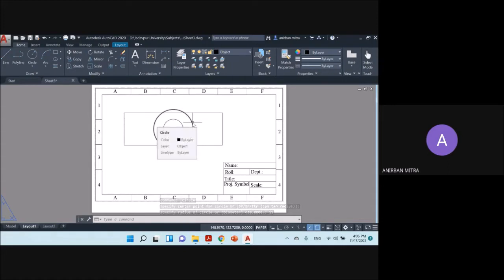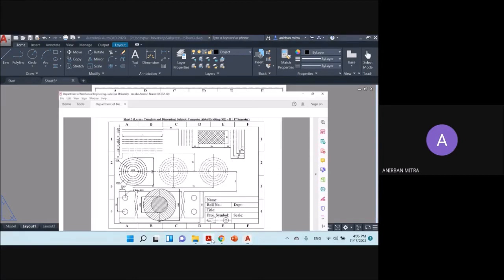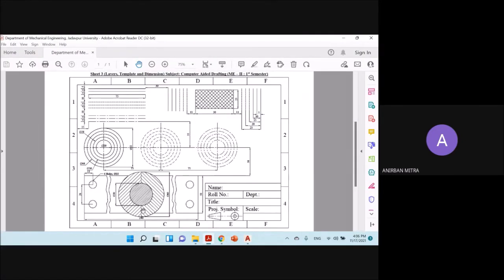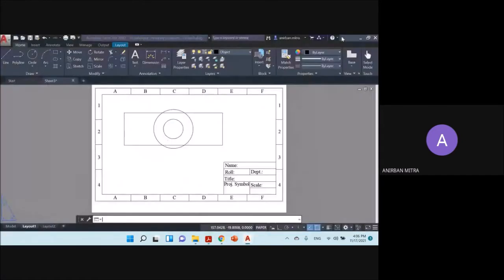Now, these inside parts are to be removed. You can check the figure. There are no lines here. So which option to use? Trim. This will act as the cutting edge. And I will remove this part and this part.